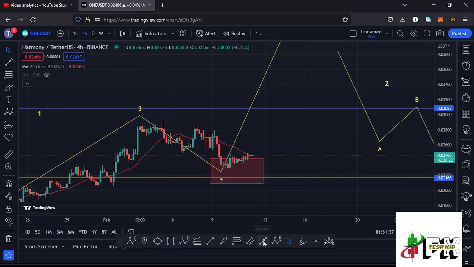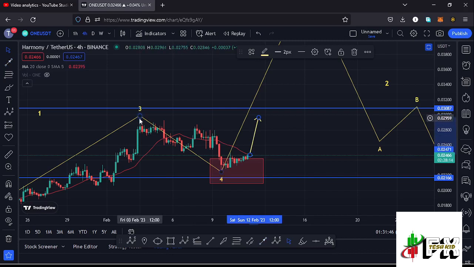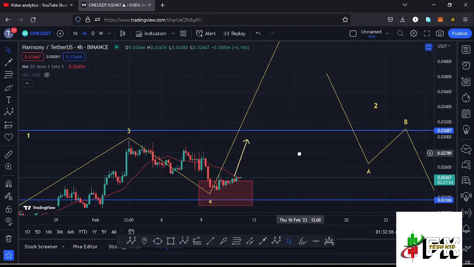And at the time of this recording, we are trading above the 20-day MA here on the 4-hour chart, meaning there are chances that very soon we are going to see a bit of a bounce to the upside, given the support of the 20-day MA to give us a high above the high for this wave 3, and that is at around the $0.02964 mark. So the moment we continue holding above the 20-day MA and also get a break above the wave 3 high, then that will be enough confirmation that whatever we are seeing over here is a bounce to the upside in the formation of that wave 3.